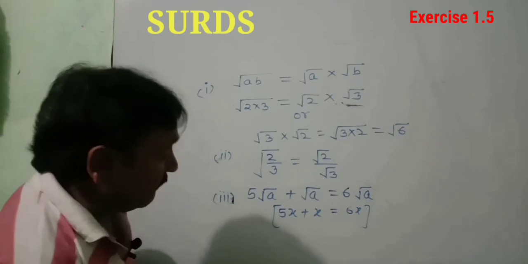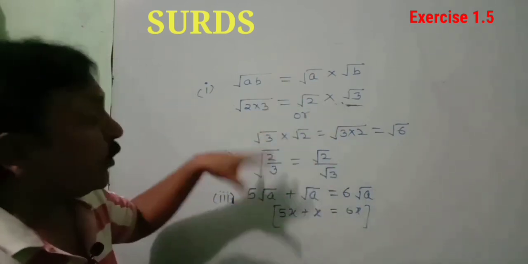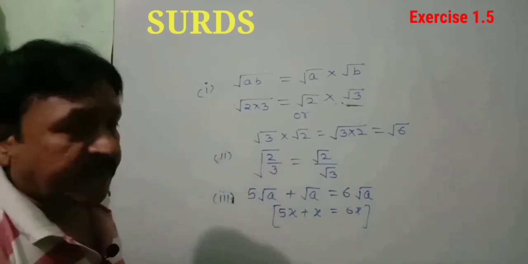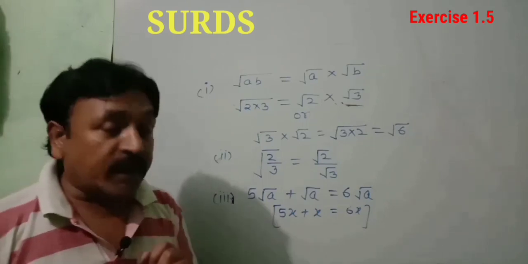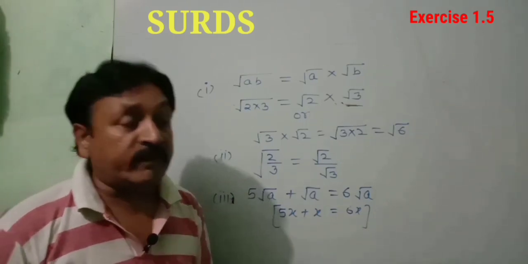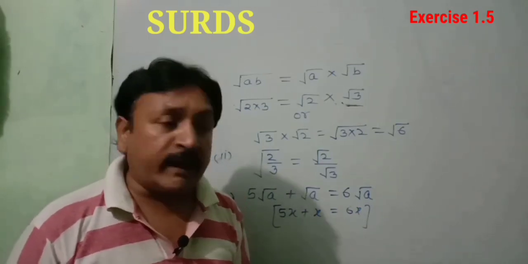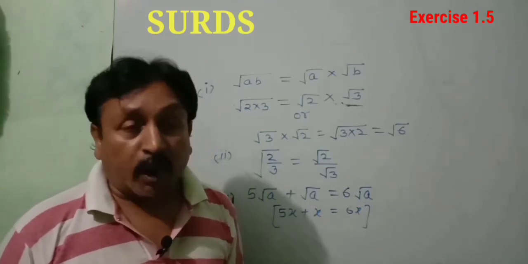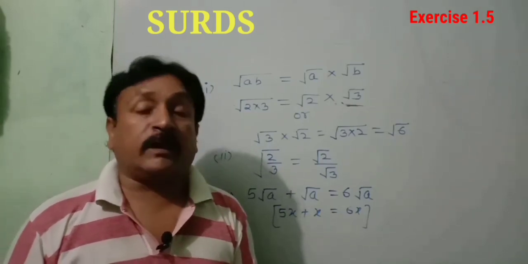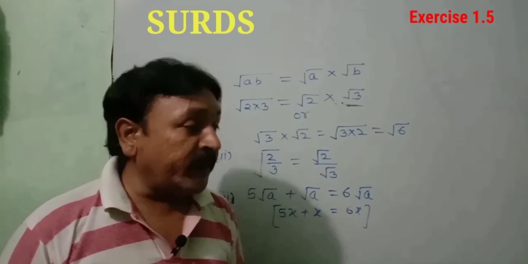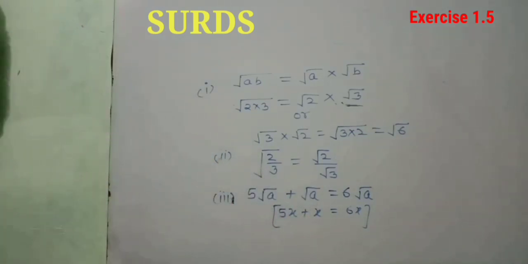Okay, in the same way we can do division also, we can do multiplication also, as I had told you, or we can say subtraction. Understood? So let us come to the exercise, but before coming to the exercise we will see one thing: rationalization of the denominator. This topic is very, very important, because this topic is going to play a very important role in your class 10th. Okay, so the next topic is about rationalizing the denominator.